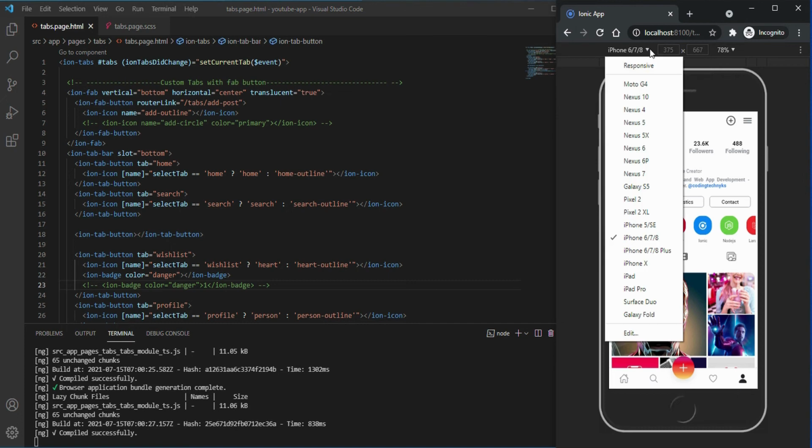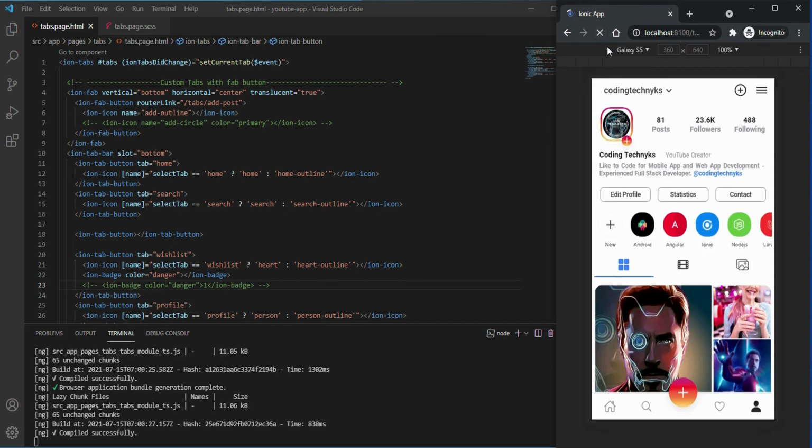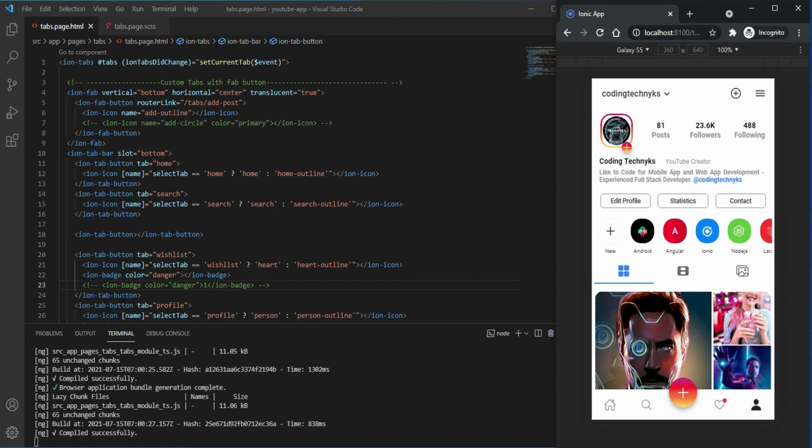That is why I'm showing you up out here. So now if I go to the Android phone, let me reload the thing. Now it is showing up, right? So in this manner you can just toggle between commenting and uncommenting the code, and you will achieve the same design. Alright, so with this I'll wrap up this video here.